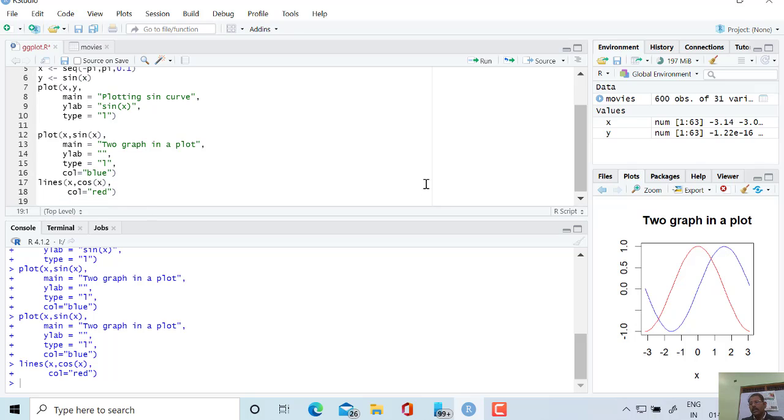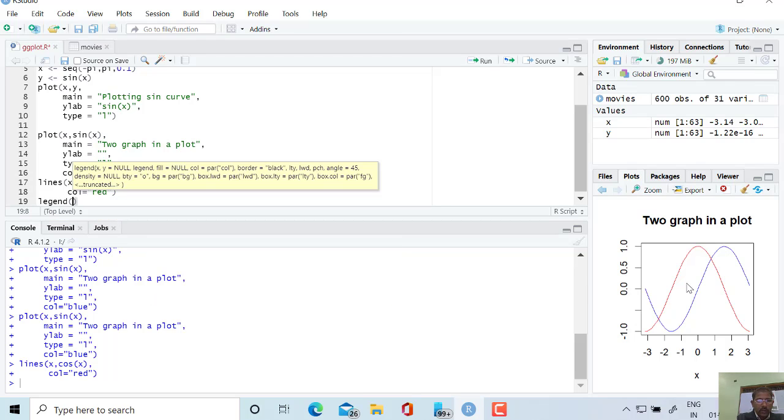Now we know that these two plots are for sine and cos, but if another person is looking at the plot, he should also know the purpose of this plot, because at this moment nobody can say what this plot is telling about. So for that we should include the legend function. The legend function is used in MATLAB as well as in Python.